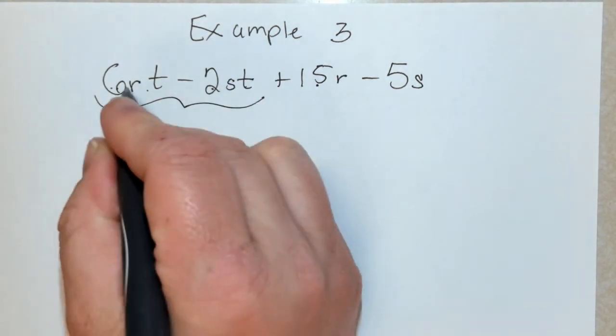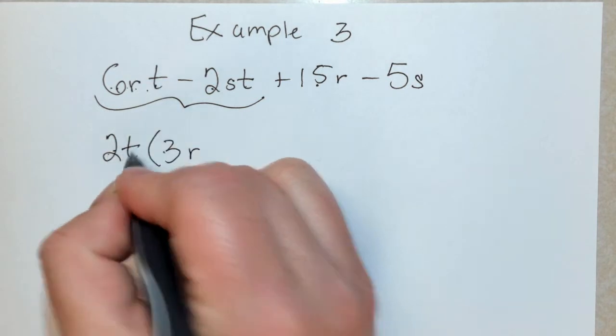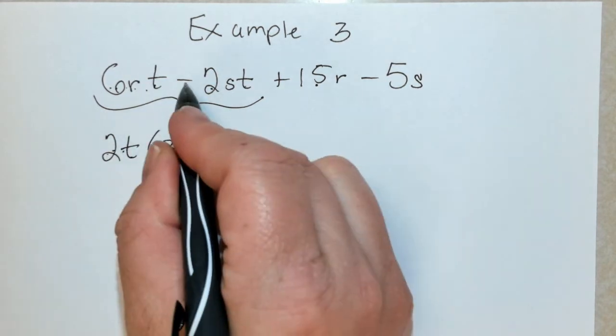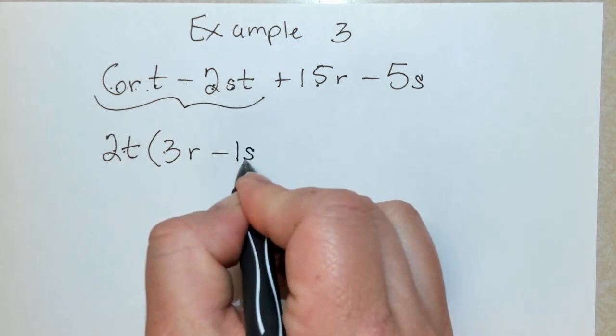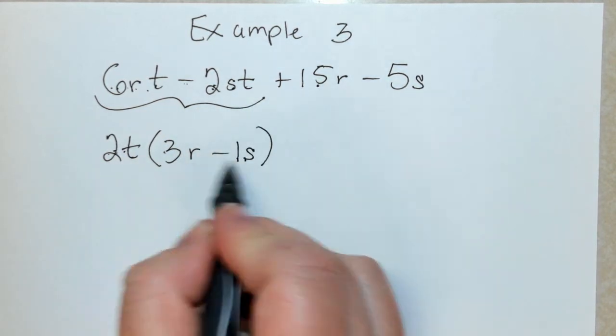2 times 3 is 6. I need an r. And I already have a t. 2 times negative 1 is negative 2. I need an s. And I already have a t. Whatever's in parentheses, I'm going